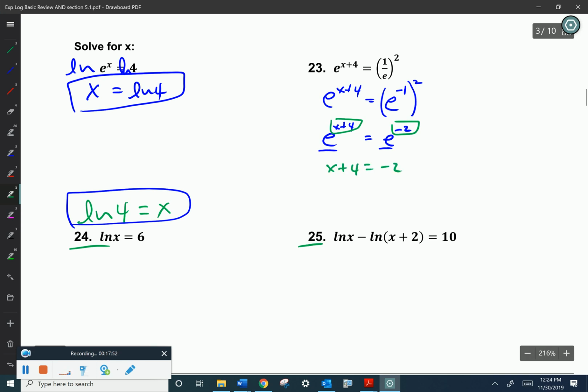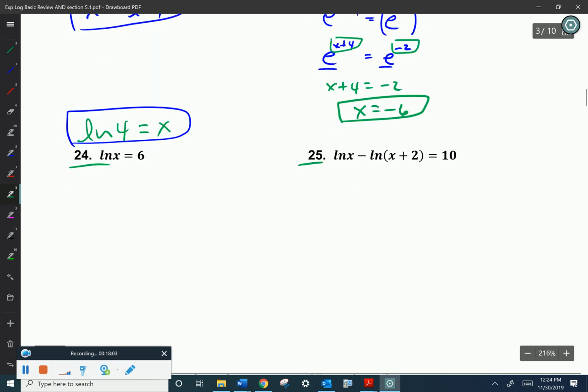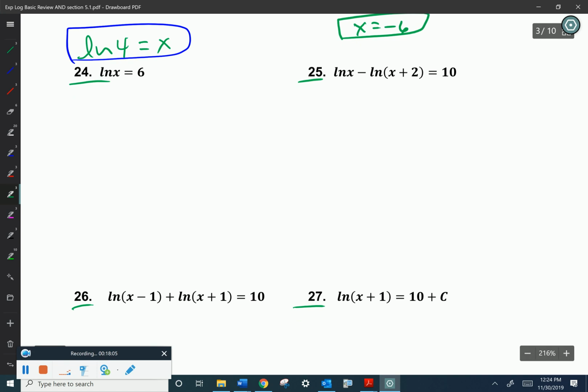So there's several different ways to look at these, and if I finish solving, subtract my 4, x is going to equal negative 6. So those are two possible ways to solve exponential equations, right? In general, on a log equation, the way to solve it is to change to exponential form,